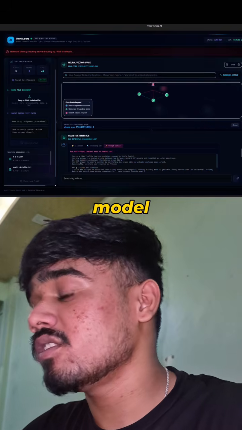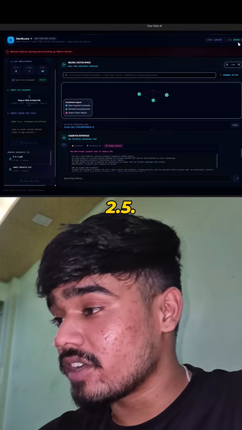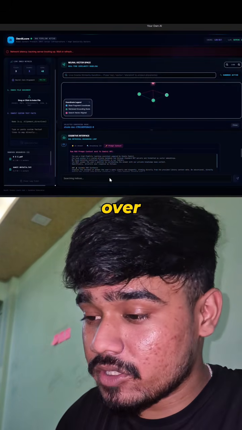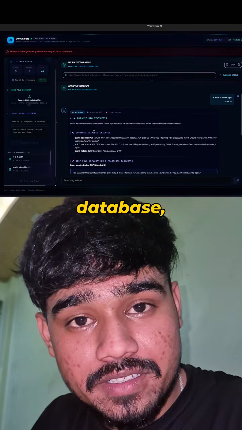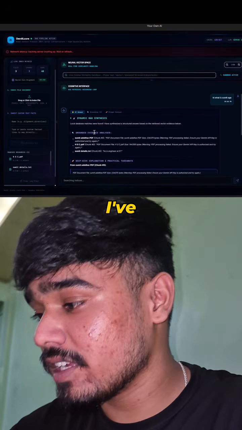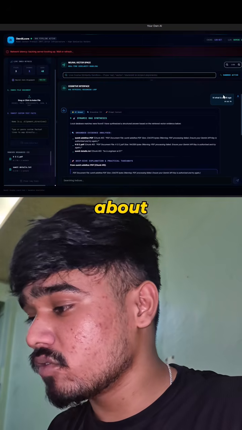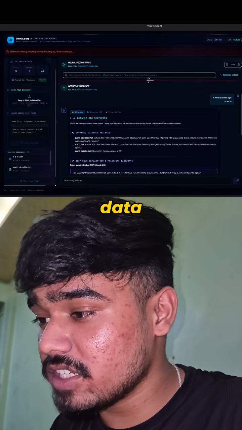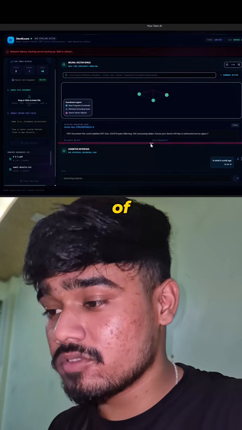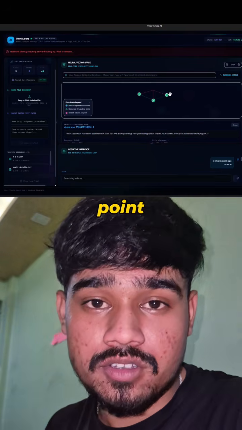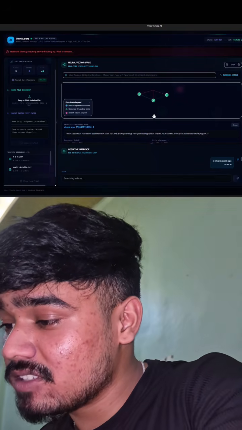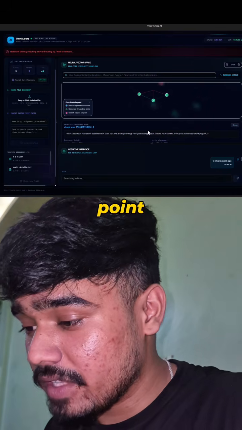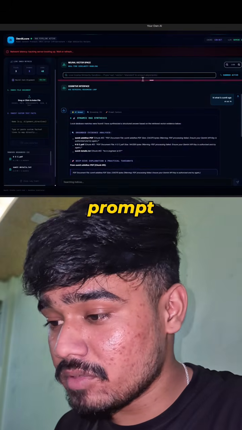Here I connected the Gemini Flash 2.5 model. Once I query my LLM, it scans through my database. I've asked here about who is Sumit. So it scanned through each data point which has the word Sumit. All three have a point, and all three have the word Sumit. It extracts details from each of these data points and combines them with the prompt,